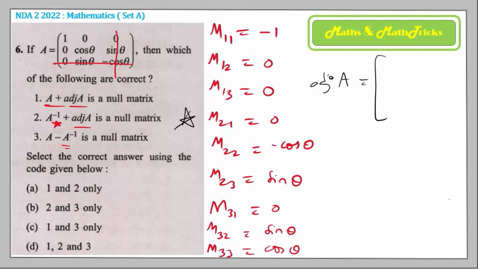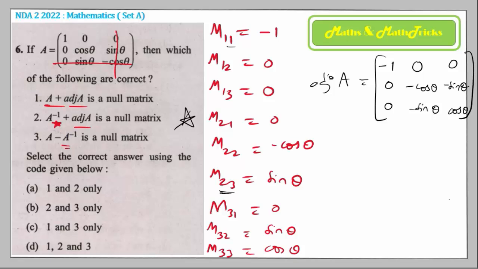So I should write these cofactor entries as columns instead of rows because I'm writing their transpose. A11 will be the same as M11, then A12 will come here along the column. Then the next, A21 will be 0, A22 is minus cos theta, A23 is odd, so this will be minus sin theta as per the cofactor definition. Then M31 is 0, M32 is minus as per the cofactor definition, and then M33 is the same as A33. So this is your adjoint A.